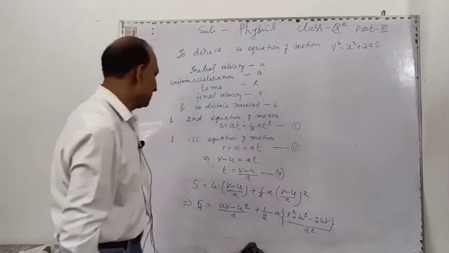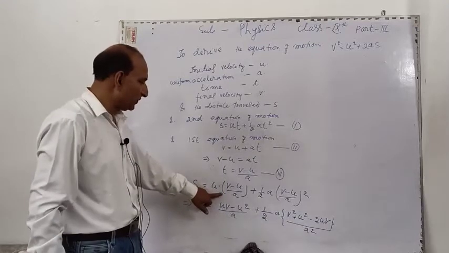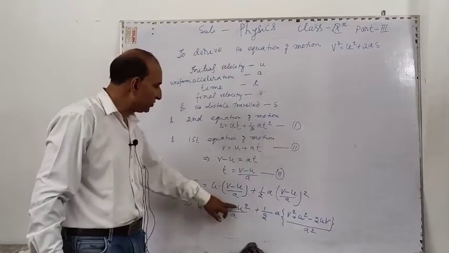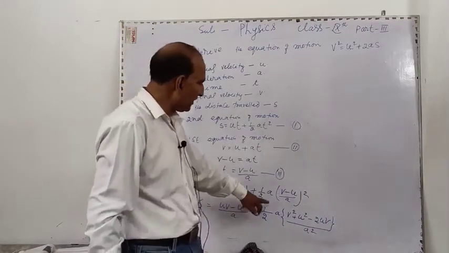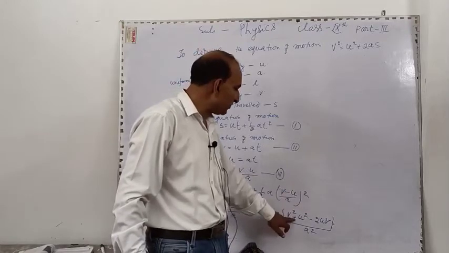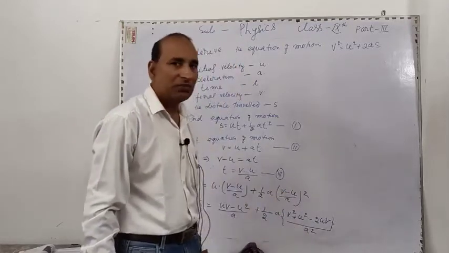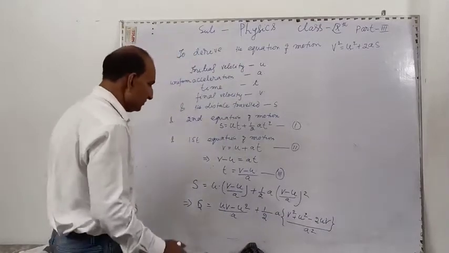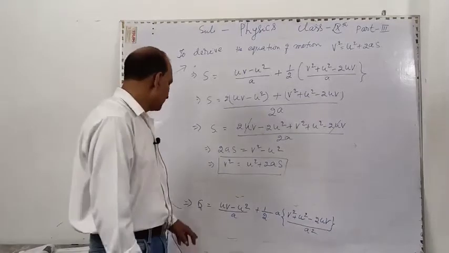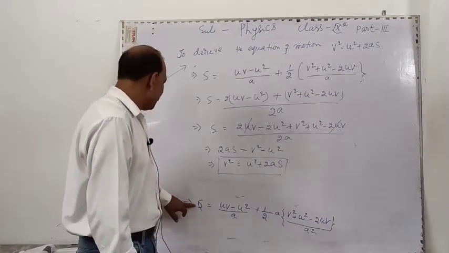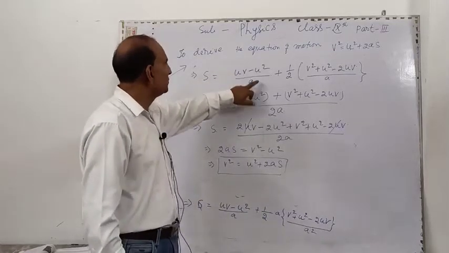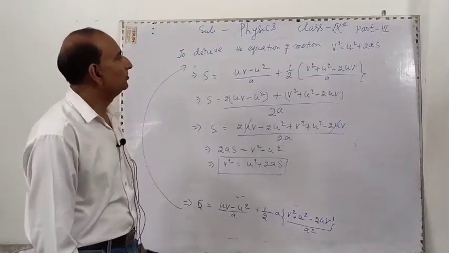We solve the given equation as s is equal to uv minus u square by a plus half a into ((v minus u) by a) whole square, that is (v square plus u square minus 2uv) by a square. Therefore, the next step is s is equal to uv minus u square by a plus half (v square plus